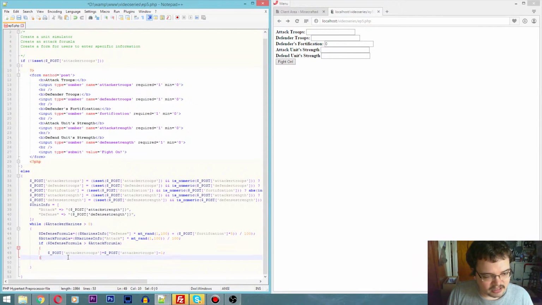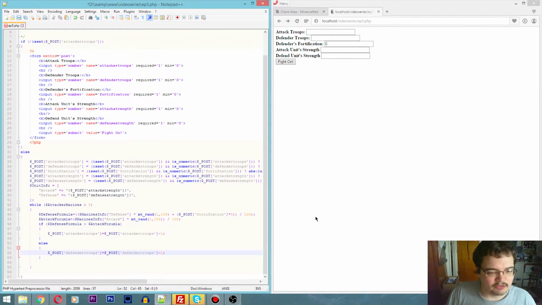Good cat. Okay, else that means the attacker won. So that would be post defender troops equals post defender troops minus 1. I believe there's an easier way to do that rather than typing it out. I do not know offhand. Okay, now we need to do if